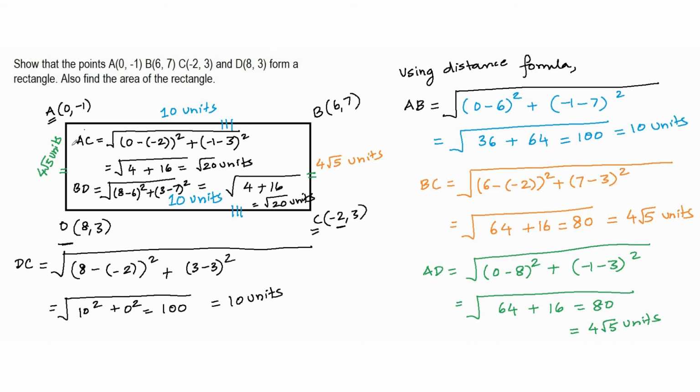So now you will notice that the length of the diagonal AC and BD is both equal to each other, and because the lengths of the diagonals are equal to each other, I can say that the given quadrilateral is a rectangle now. So we have opposite sides equal to each other and the diagonals equal to each other, and therefore this is going to be a rectangle.